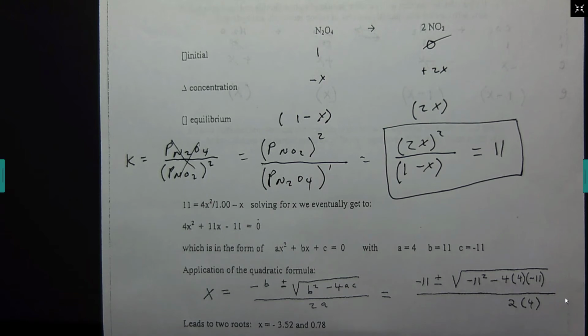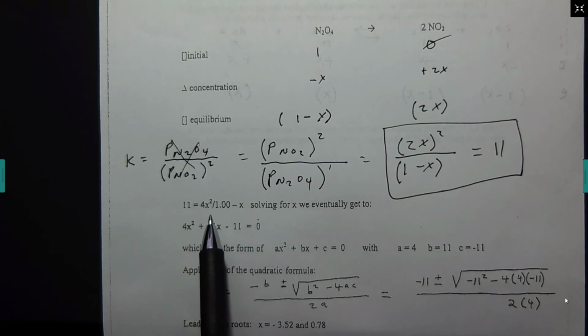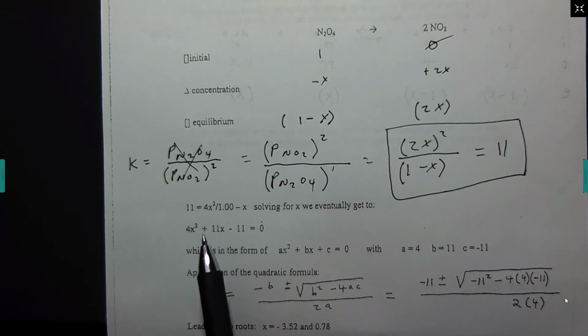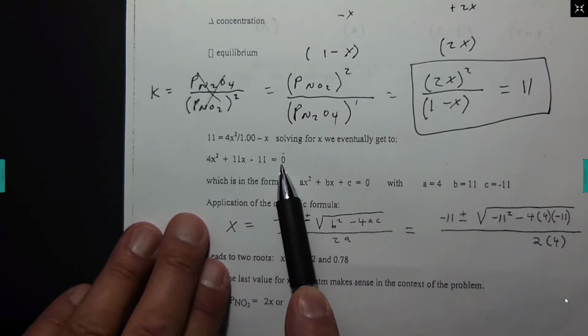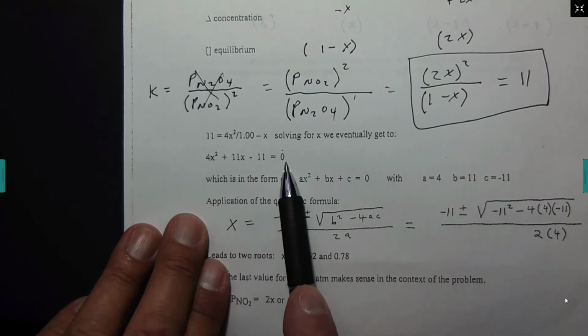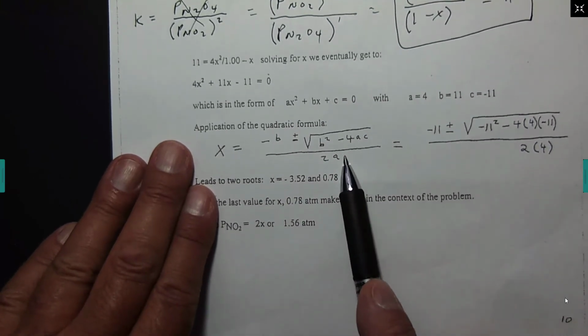Basically, you have to play around with this until you get it to look like this. And then you play around with it some more, get the equation to equal 0. So you play around with it so that everything adds up to 0. And at that point, you apply the quadratic formula, which is this. And in the quadratic formula here, basically,